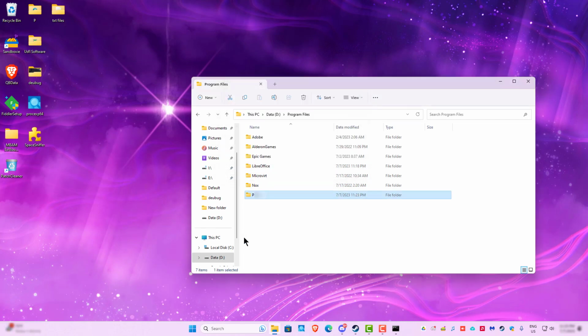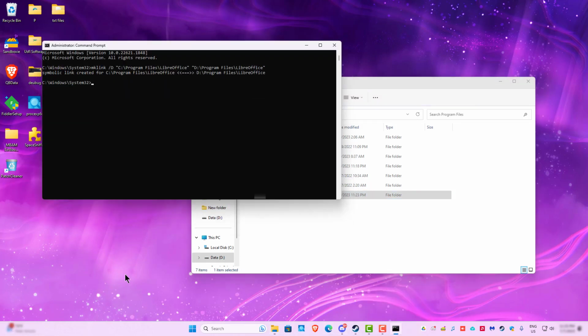So now that I've moved my P for program over to my data drive, I need to create a symbolic link for that thing to work again. Again, I'm going to go back to Command Prompt. You can get to it by typing CMD in the Start menu and running it as an admin. And I'm going to use the mklink command again. So mklink /d space C: